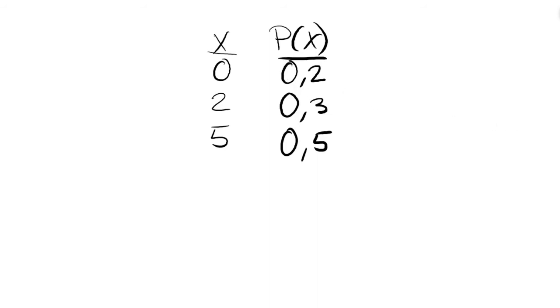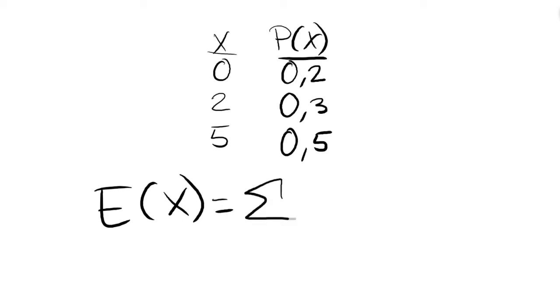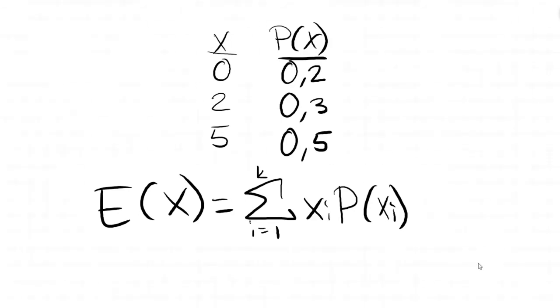Well, the formula we're then going to use is: the expected value for x is equal to the sum of our x_i times the probability for x_i, where i goes from 1 to, we can use k. It doesn't really matter what letter you put, just that we're going to have a term for each single one of these. And from here, we simply calculate it.